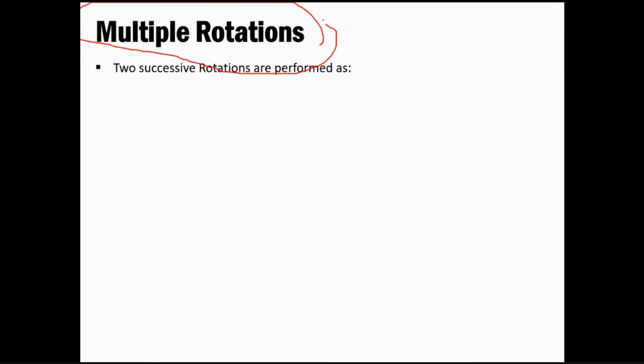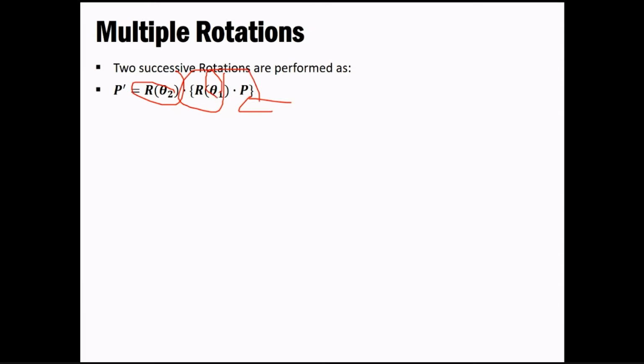Now the same thing is to be applied over here. Two successive rotations are performed as given over here. We have our final point, our required thing, which we are calculating out of the given pixel, the given coordinate, and you need to apply two successive rotations at this stage and at this stage. You have to go from right to left. First of all you multiply this pixel with the first rotation matrix that is given to you, and then the whole thing is multiplied with the second one.